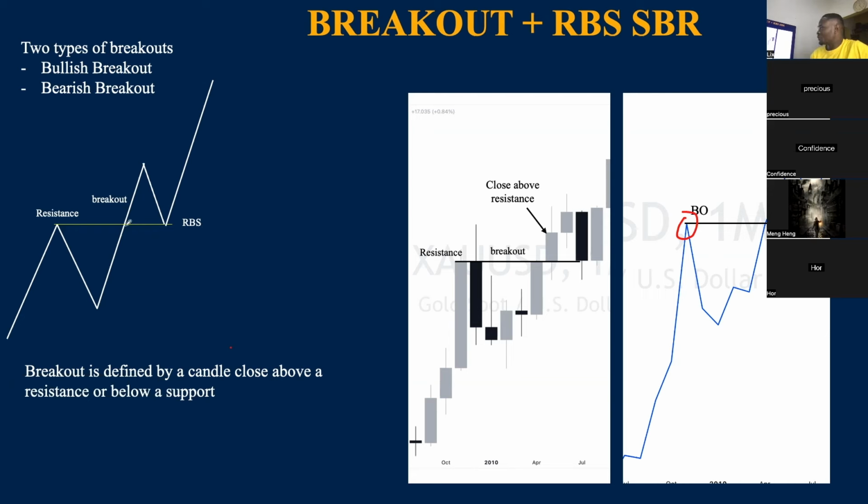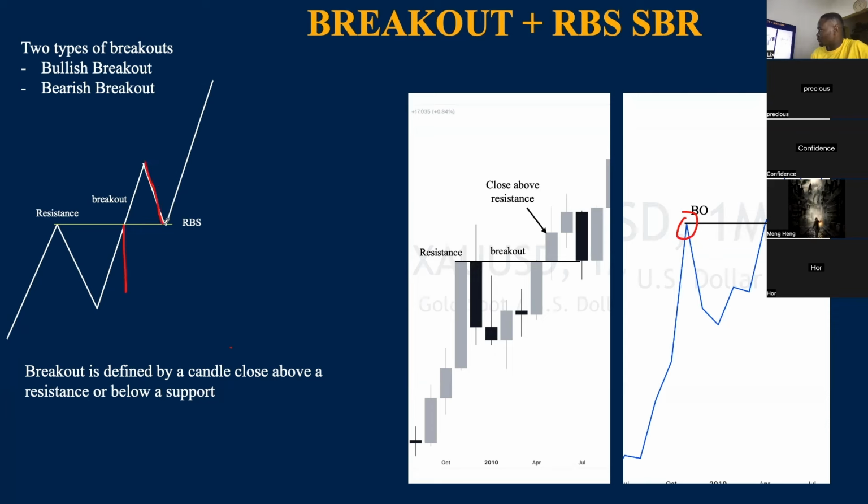So we call it RBS and SBR. RBS means resistance broken, or resistance becomes support. R for resistance, B for becomes, S for support. Some people call it resistance broken becomes support. So for instance, here, we broke out a resistance, this resistance that was supposed to push price down, that got broken,